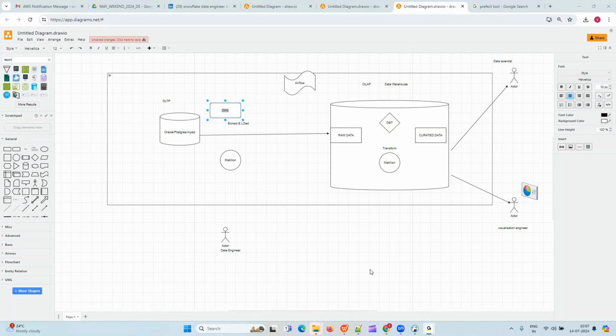First of all, DBT, I think it will be a little advanced question, but I'll take it. DBT is offered in two different versions here: DBT Core and DBT Cloud. DBT Core is an open source version. You don't need to pay any money for that. DBT Cloud is a paid version, generally used in projects, but DBT Cloud also has a free trial account.